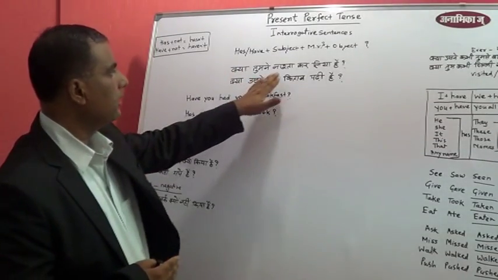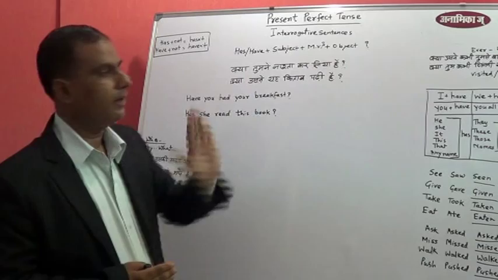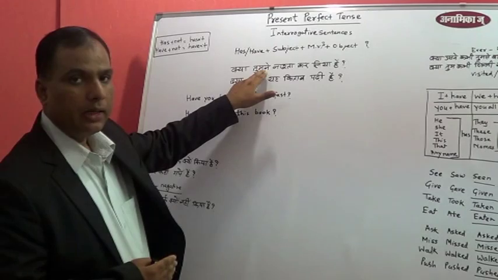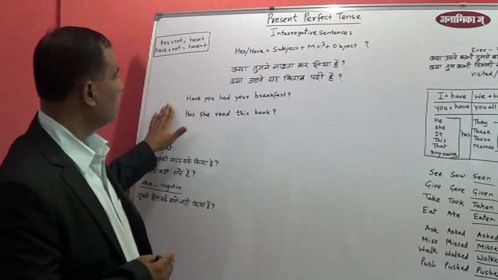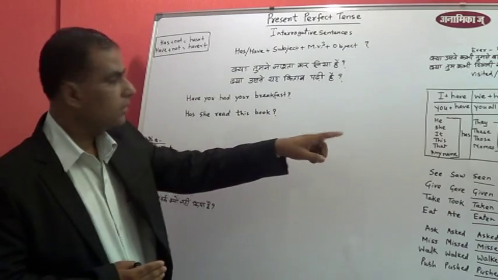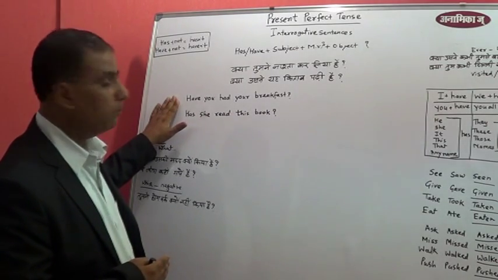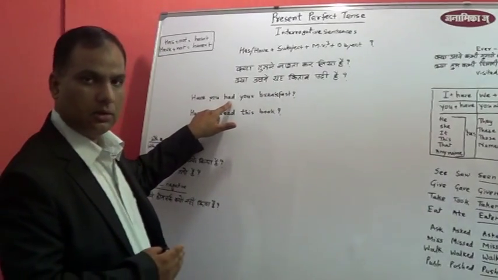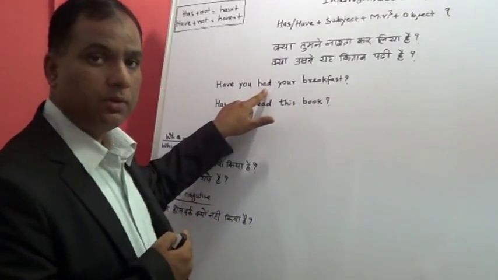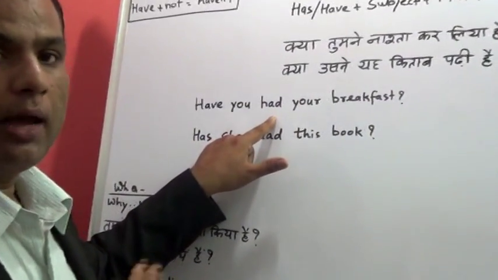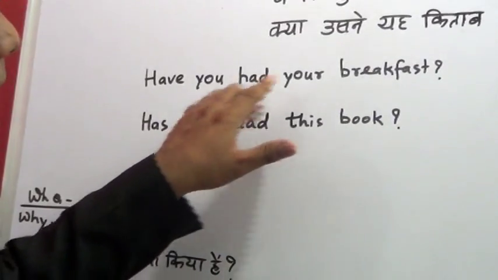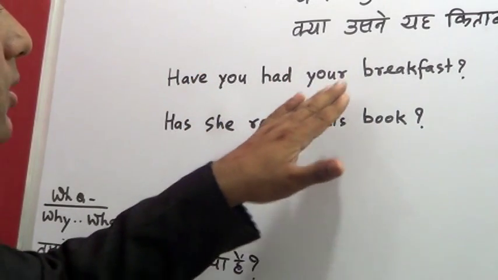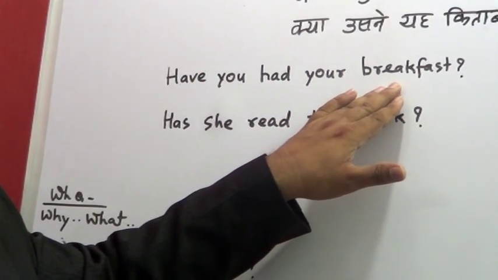क्या तुमने नाश्ता कर लिया है? So here बीच में तुम आया यानी कि तुमने आया. इसका मतलब है as per that structure this question will begin with have और उसके बाद you, और ये had is working as a verb. So the third form of have is had and then the objective. So have you had your breakfast?